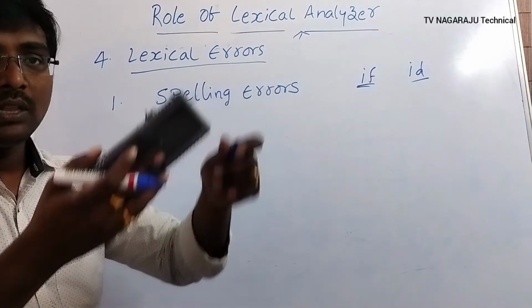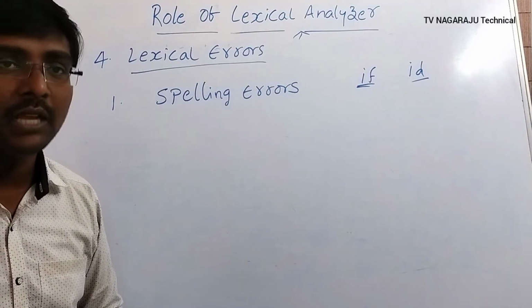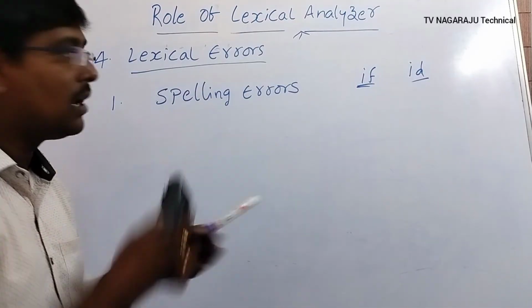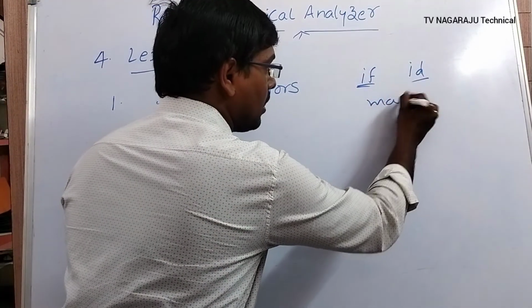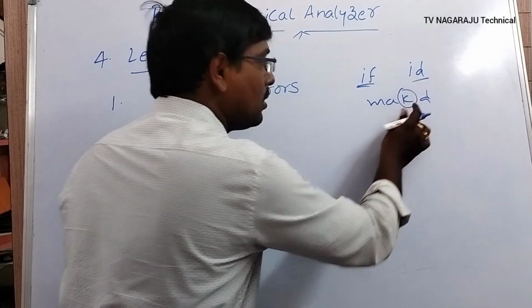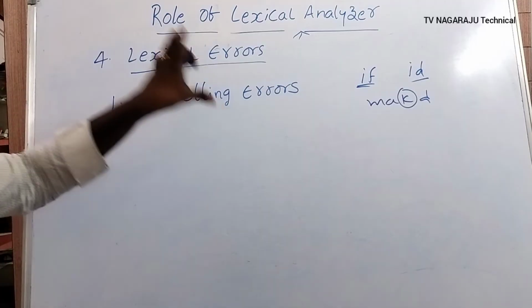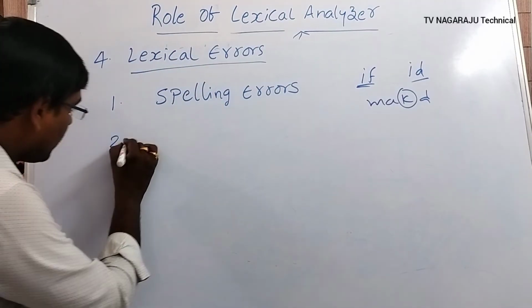During program writing, if you make any spelling mistake, for example, main is the word M-A-I-N, and instead of I, I type KD, such mistakes are called spelling errors. This is one simple spelling error. Next one is